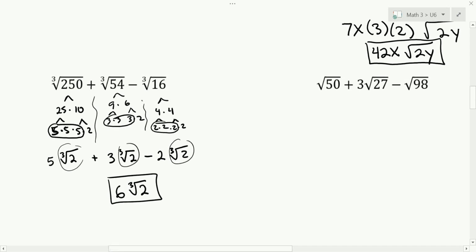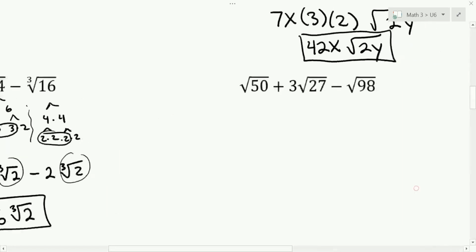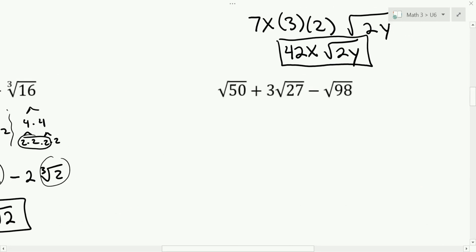Try the next one. Okay, so on square root of 50, Tatiana, what did you get when you, or how'd you do that? Just do the square root of 50 for us. What'd you do? Okay, so 5 square root of 2 is equivalent to the square root of 50. Perfect. And then